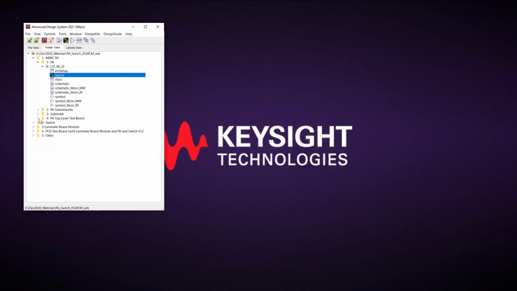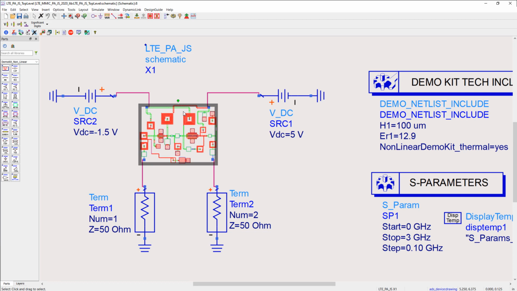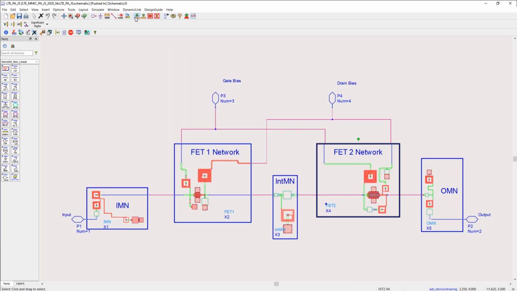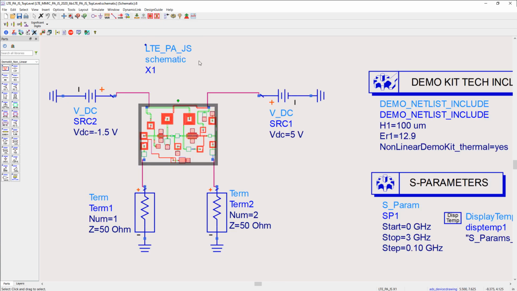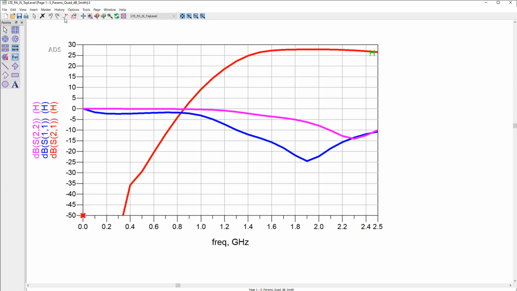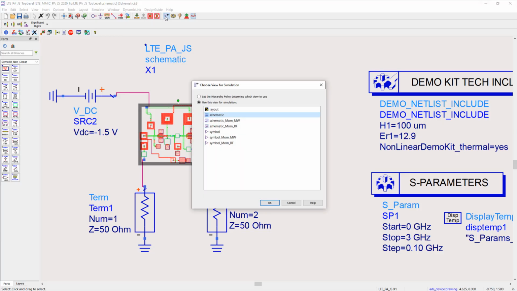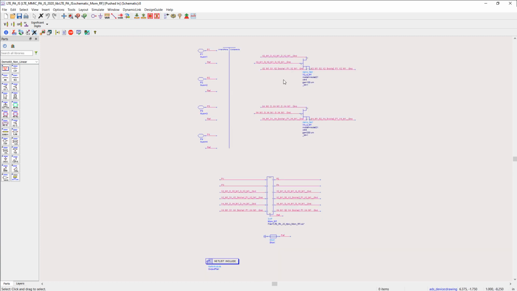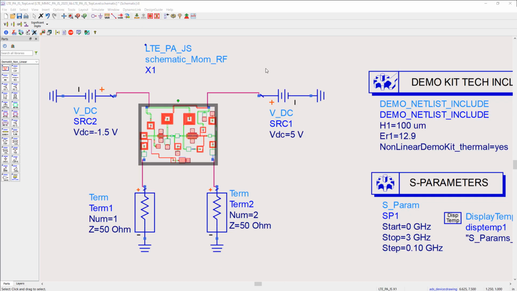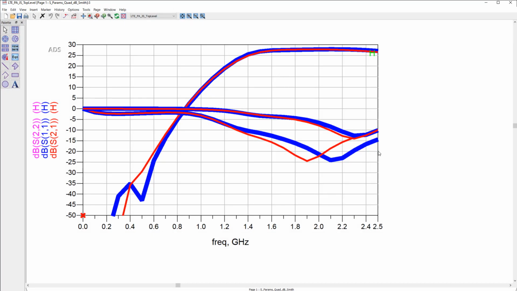Now we open the top-level test bench in ADS, and first let me select the original circuit design schematic and simulate it as a reference. Let me turn the history on to keep the result saved on the plot. Next, I switch to the EM model from RF Pro, and the view has the EM model, which is the S parameters matrix, and the FET models, which are already and automatically connected to the correct pins. We click Simulate, and we can see the difference in the results, EM versus original circuit level design results.